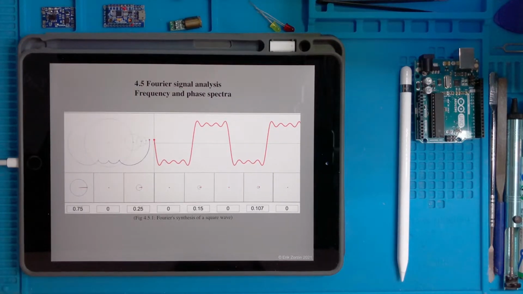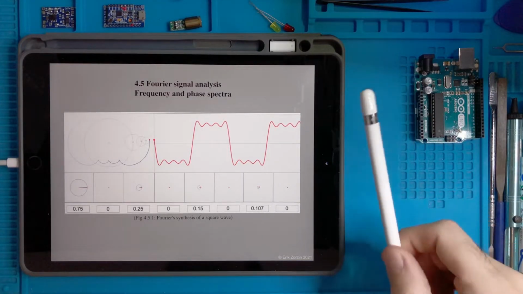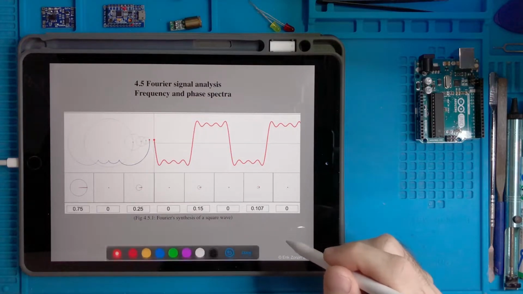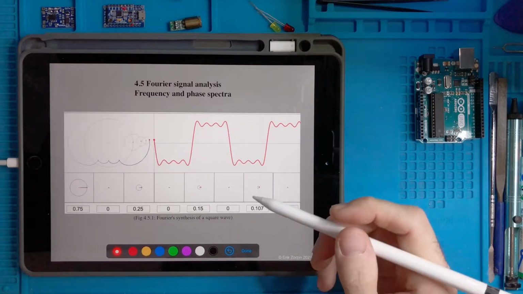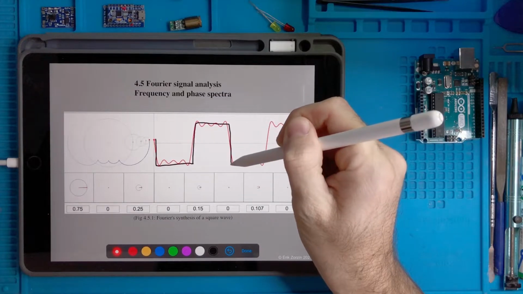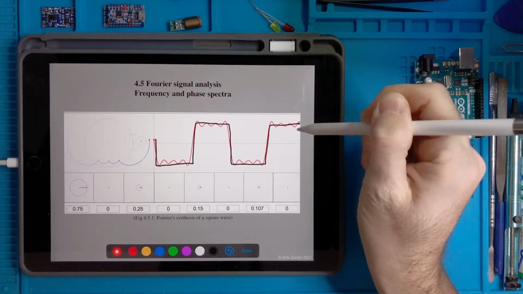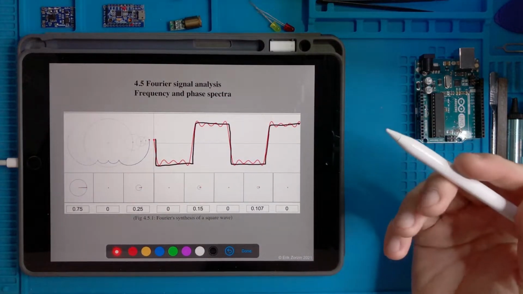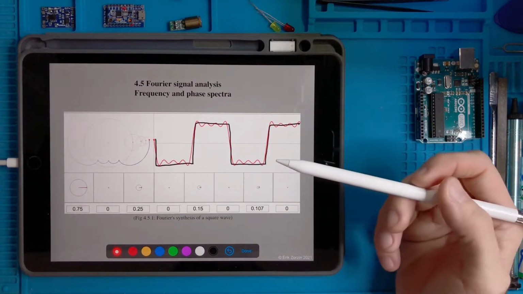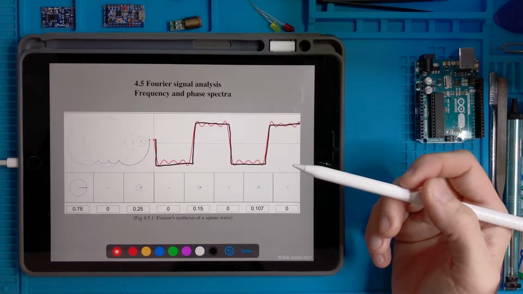Let's give now an example of how all this stuff works. So we said that we can reconstruct a signal. So now here you see a kind of square wave. Actually, the one that I'm drawing in black is the true square wave. The one in red is an approximation of it. Now we will see what this means.